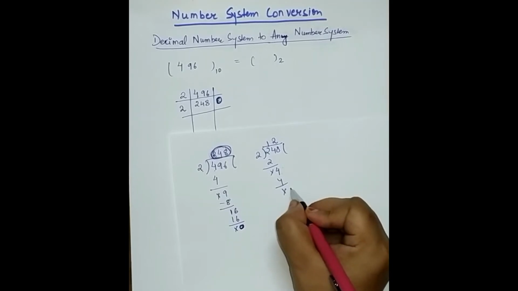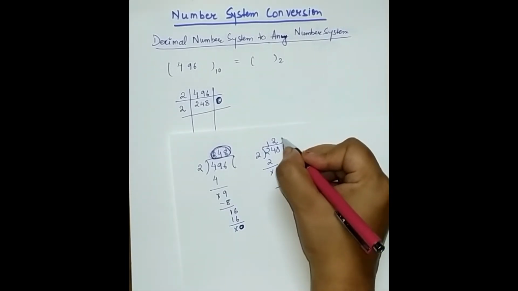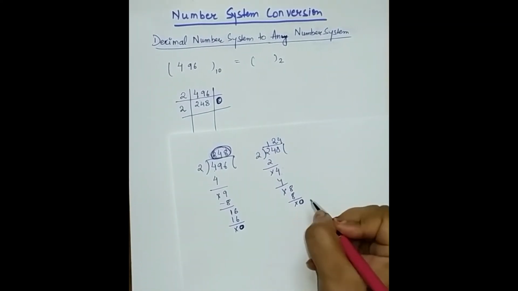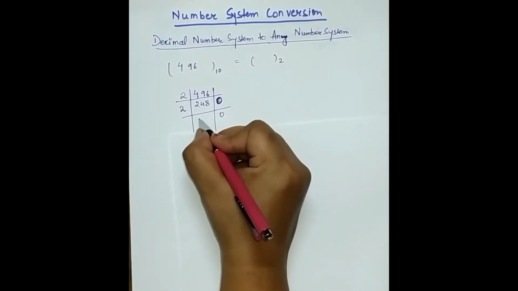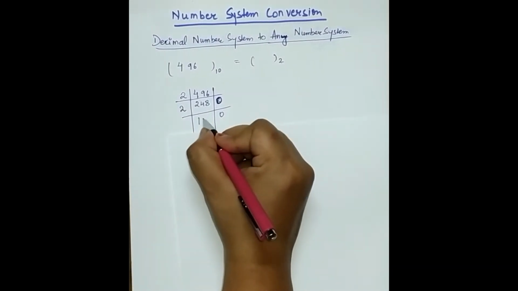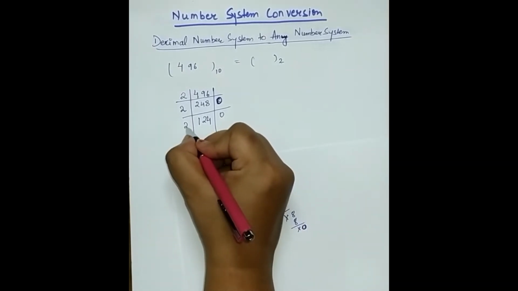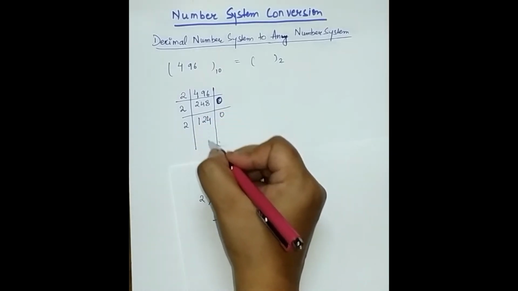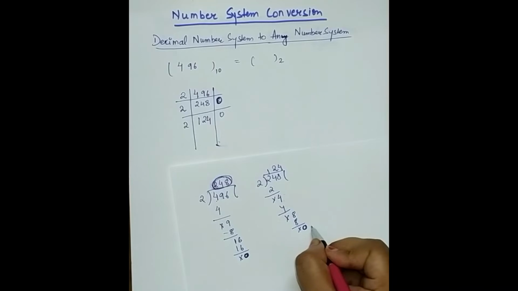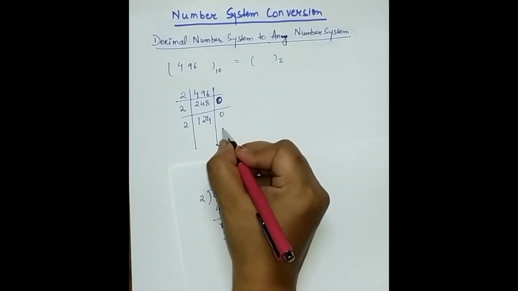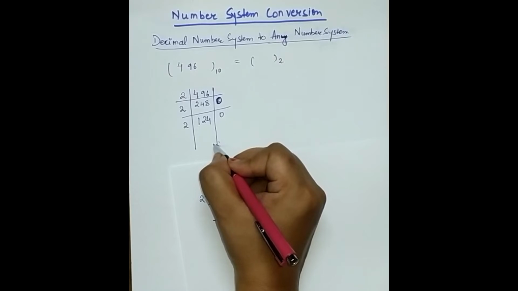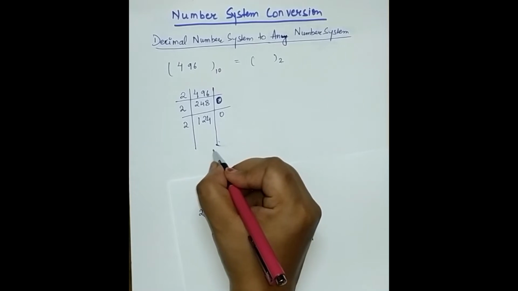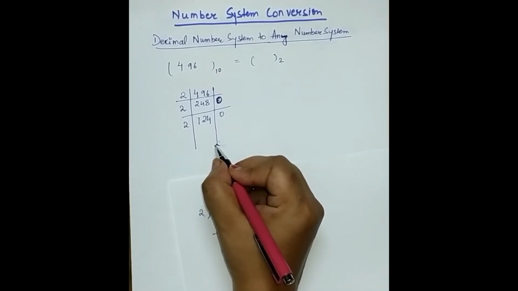Again nothing is left, again you will write down 8. So 2 4s are 8, no remainder, meaning 0 remainder. So again you will write down 0 here, and you will write down 1 2 4 here. I am telling you in a very simple way so that you can understand it. You have to keep on dividing, and if the remainder is 1 you write that also, and keep dividing until you get 1 or 0, till the last number.